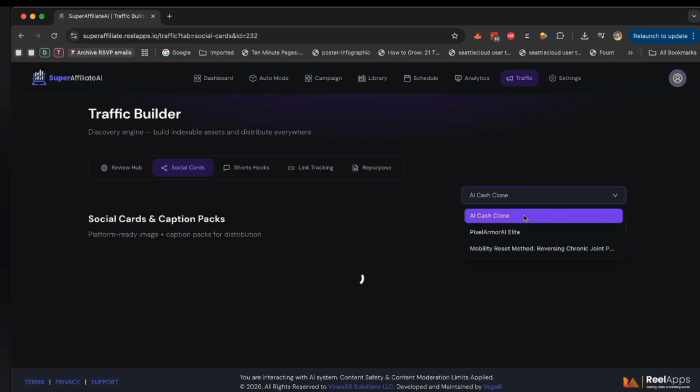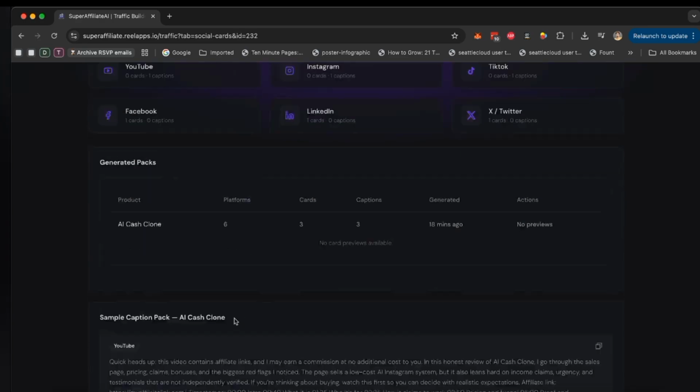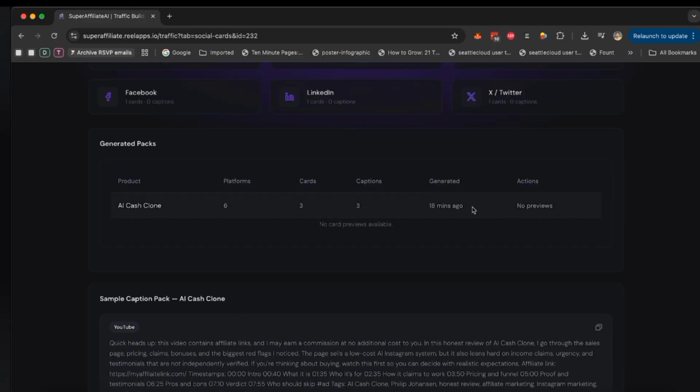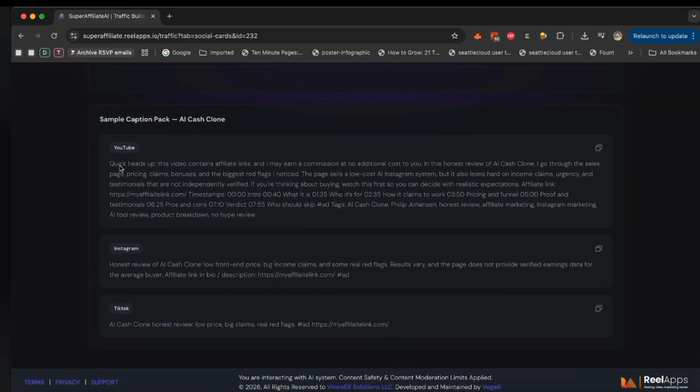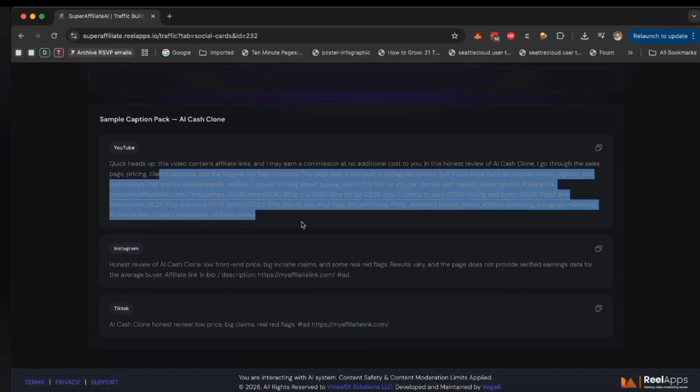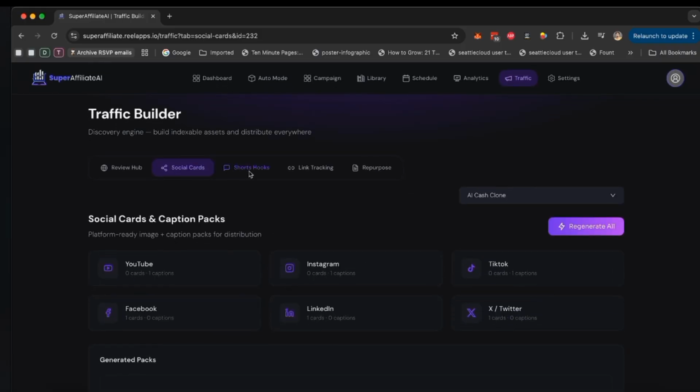Then it also creates social cards. So if you select this one, you can see all the social cards that have been generated. You can view all of them. And you can use these captions. Again, you can copy them for YouTube, for Instagram, for TikTok. It also